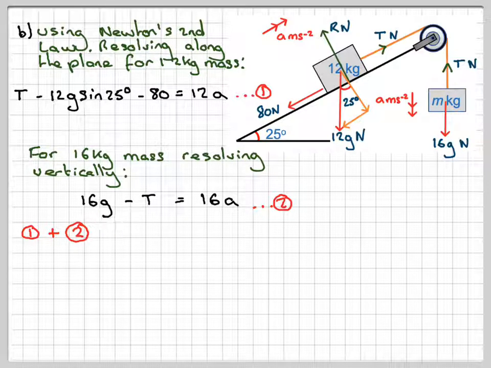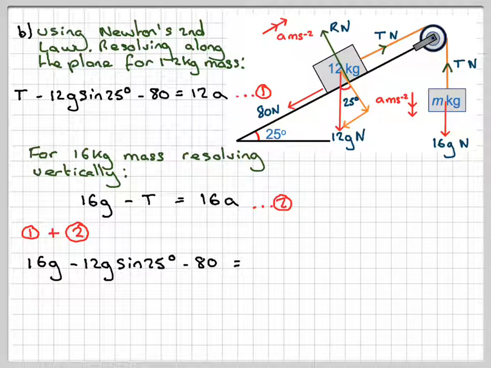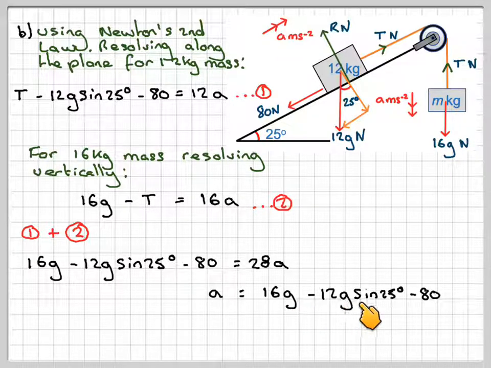So you're going to have plus 16g minus 12g sine 25 minus 80 is equal to 12 plus 16 makes 28a. And therefore a you will get by doing 16g minus 12g sine 25 minus 80 divided by 28, and